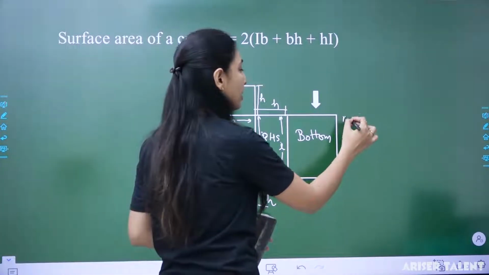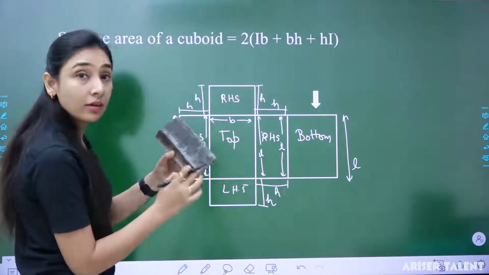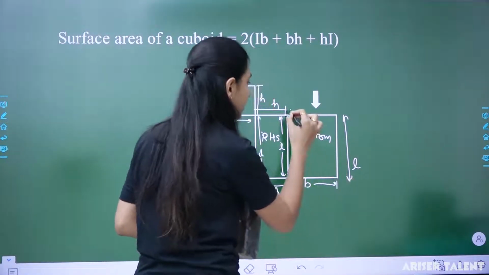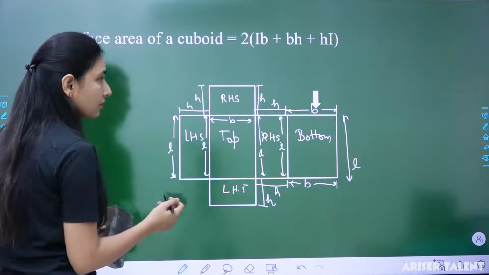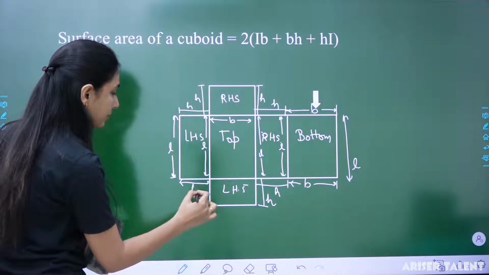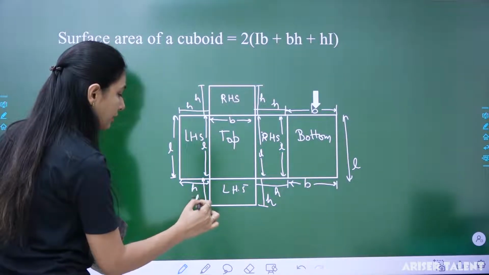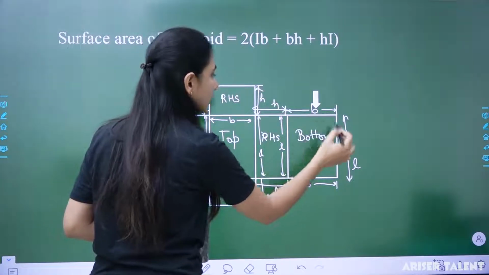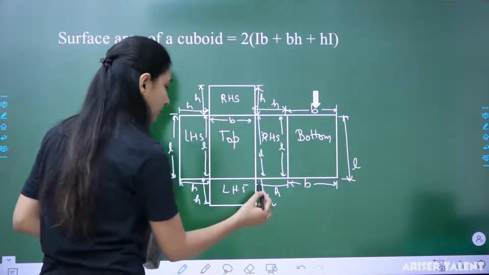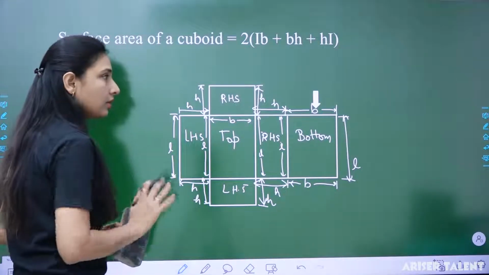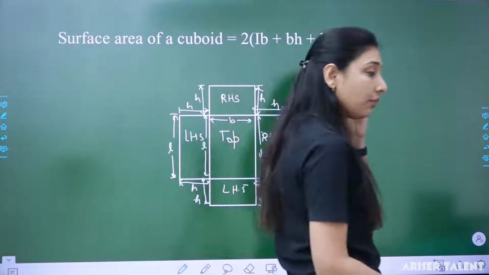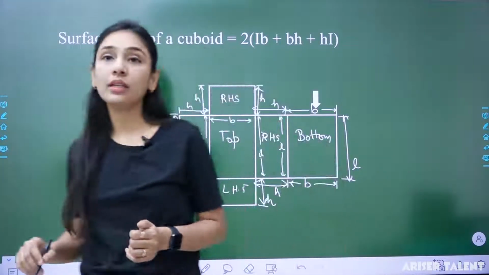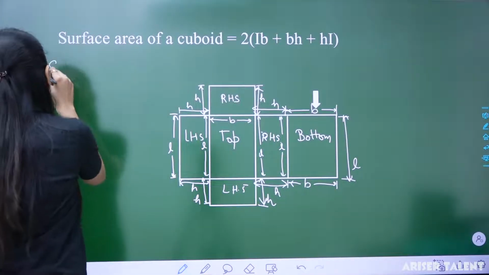Okay, similarly this is also length, and with this length in the top and bottom, we are having this width. Okay, so this is width. Okay, this is height, and again this is height. So this is how you will be looking at the dimensions. Now, this is about the dimensions you are having, but what I have told you is to sum them all up, so basically if you calculate the surface area here,